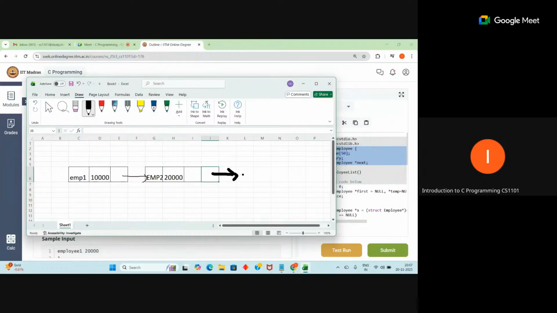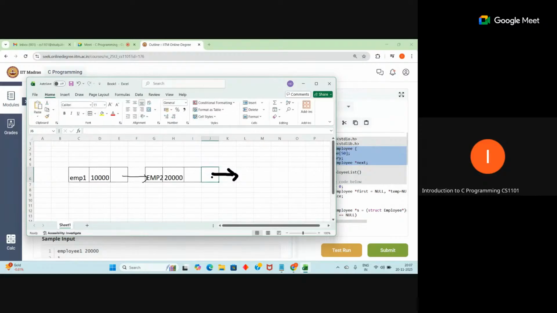Like that, the last employee will have the address as a null. So here what we are doing, we are creating an employee linked list. First employee and his salary, and this will be the address of where the next employee record